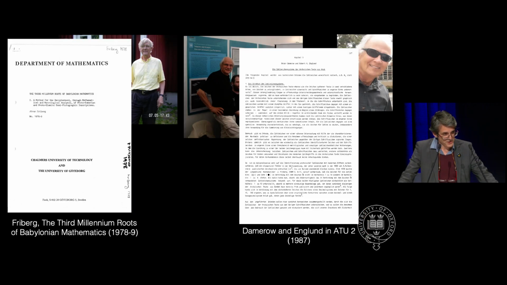But in fact, the breakthrough in the decipherment of both Proto-Elamite and proto-cuneiform did not come before the work of first Göran Friberg and later Peter Damerow and Bob Englund on the numerical systems of the archaic texts from Uruk and Susa. A basic understanding of what was a numerical sign and what was not was immediately obvious to the first scholars working on the archaic texts, both from Uruk and Susa, due to the similarity with later Sumerian numerical signs. Knowing how the Sumerians used a sexagesimal system for their bookkeeping, Falkenstein and others, of course, searched for evidence that this system was also used in archaic texts, and they were successful,